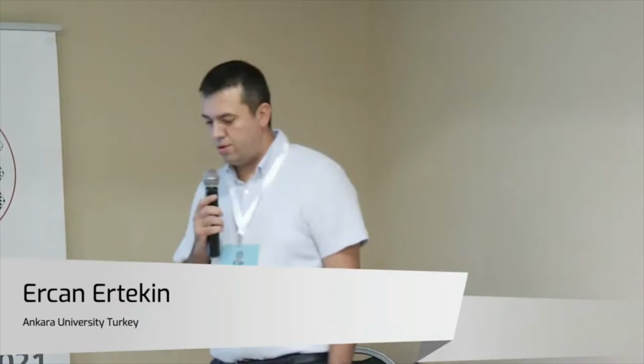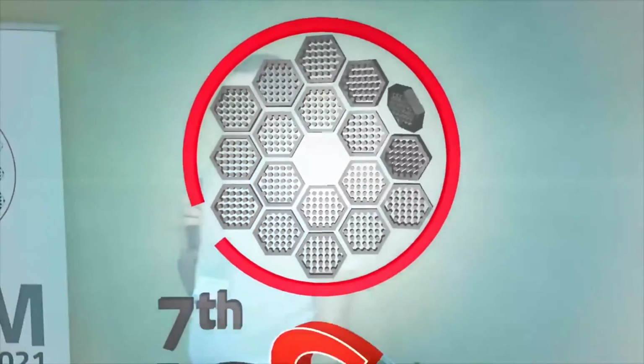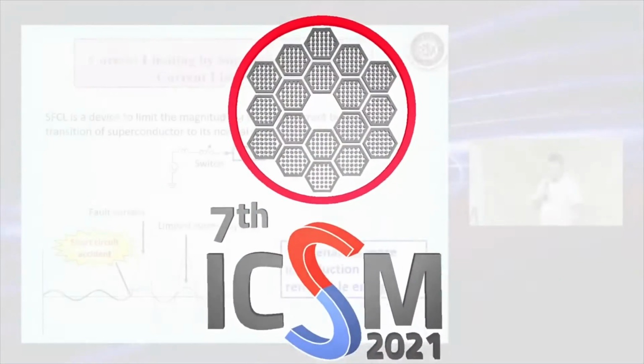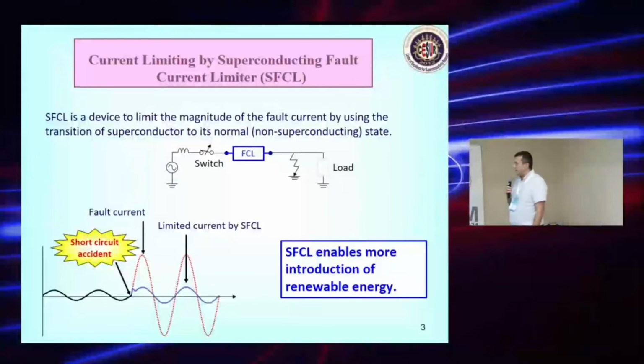My speech outline is: first, fundamentals and previous work; then the three-phase 100 kilovolt amp transformer with FCL function; and the conclusion. Current limiting by superconducting fault current limiter is an important application for superconductors, and we can